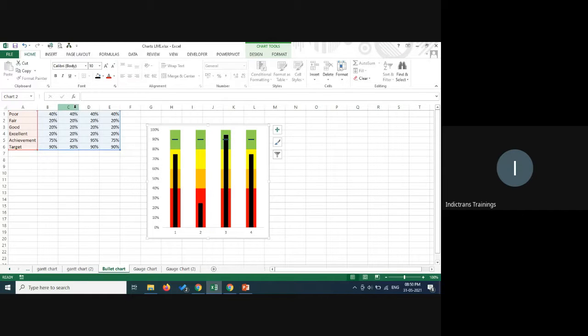So you could have region 1, region 2, northwest, east, south kind of a thing, and you can compare the performance there. If there are 10 columns, you could have 10 columns here. But the way to do it is first do it for one column, and then just extend it. And this is how you could get it. Is this clear to you all?